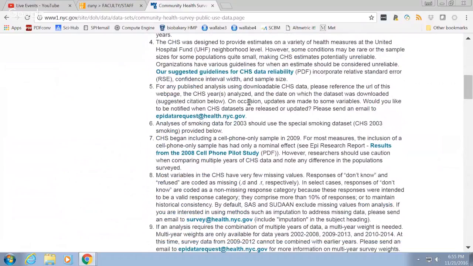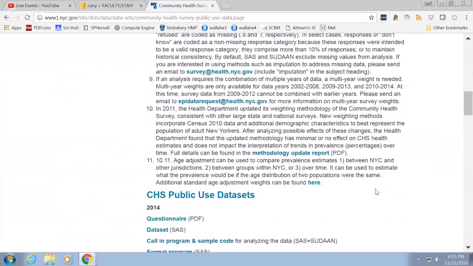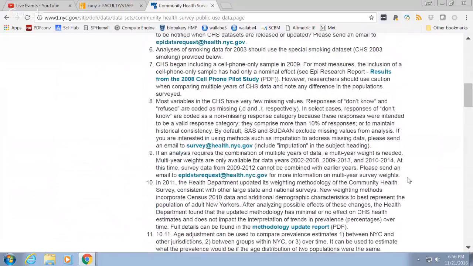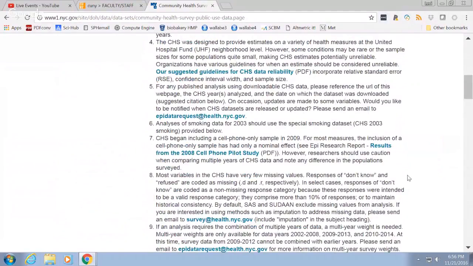But there's all the info here, read through it, and then you go down here and you can download the actual data set. It's a SAS data set, some sample code and formats, code book, questionnaire, data set. So if you wanted to dive in and do some original analysis from the line listed